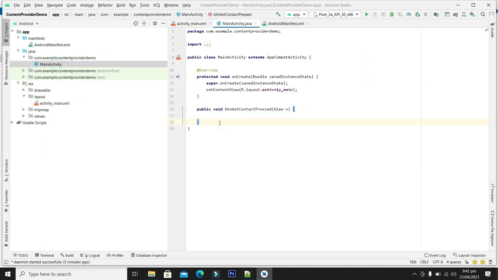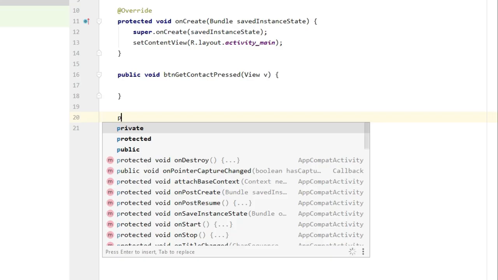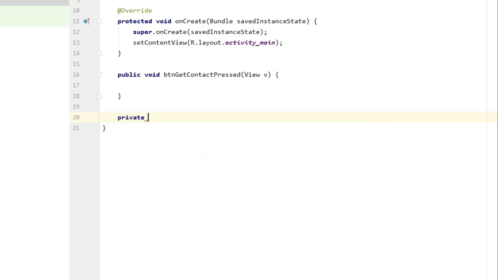Now let's make a simple function for getting the contact. First of all, we will check if the permission for contacts is allowed or not. If it is not allowed, we will launch the permission dialog to give the contact read permission.